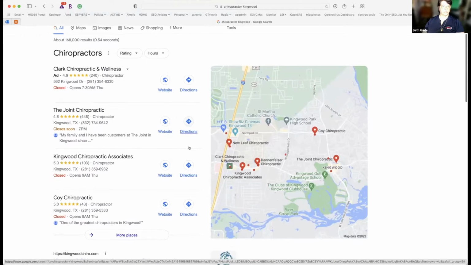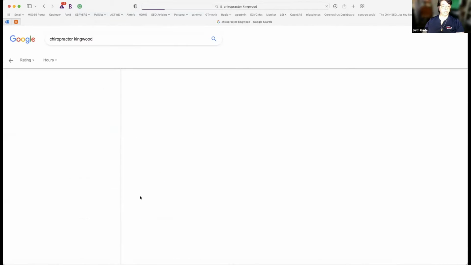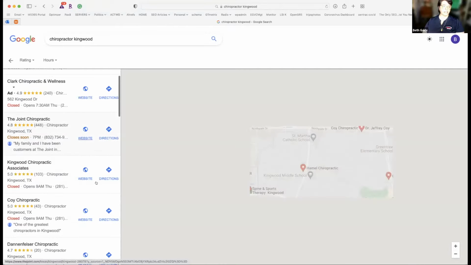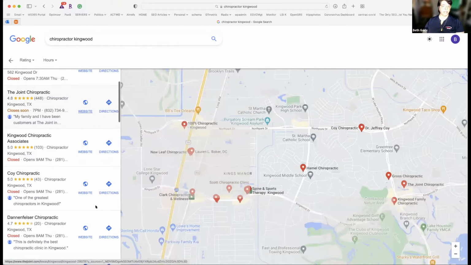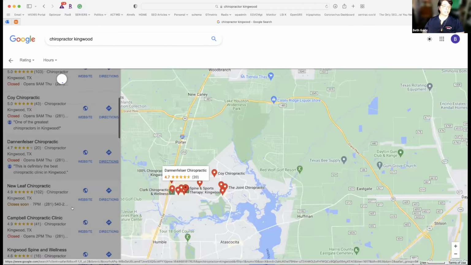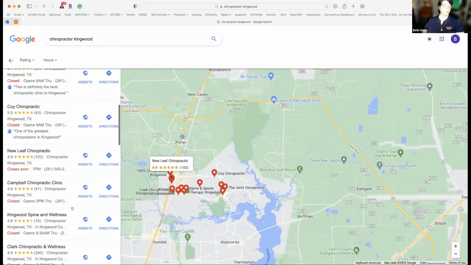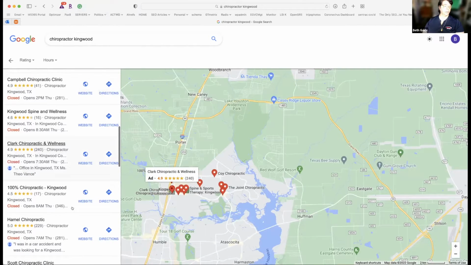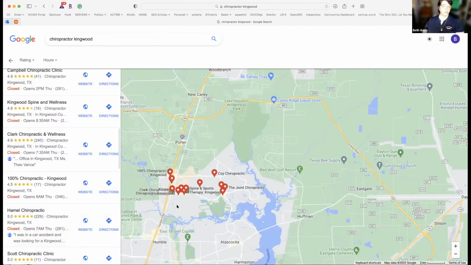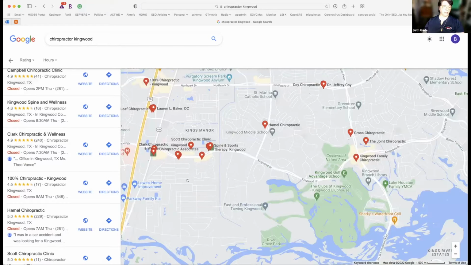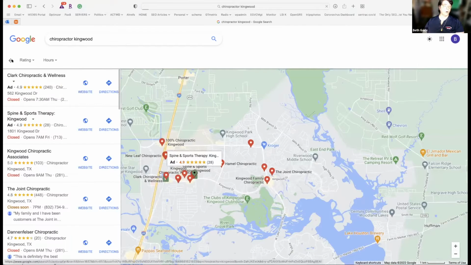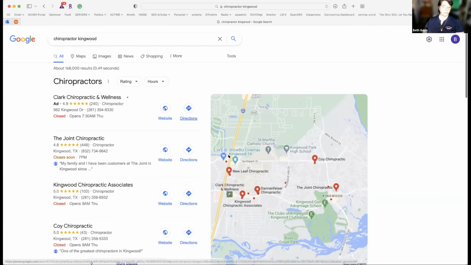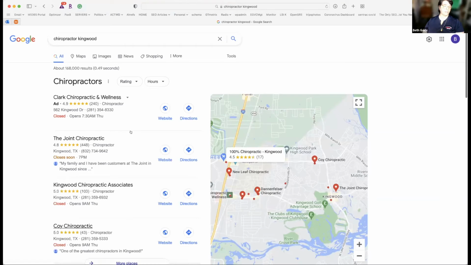Okay, so we've got that. If you go and get this kind of an answer, the next thing you'll see is several listings off to the side that will give you ones even closer to you. So understand that everything revolves around this. The question you all should be asking is, how do I get in that 3-pack of a map? That's what I want to talk to you about tonight.